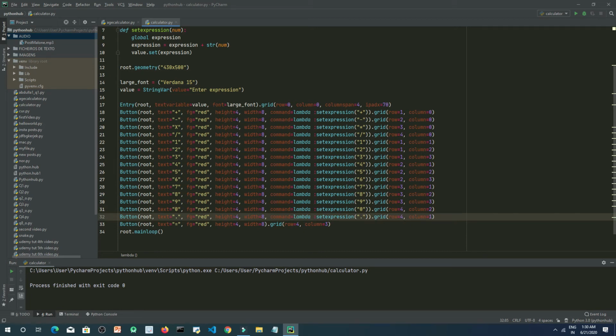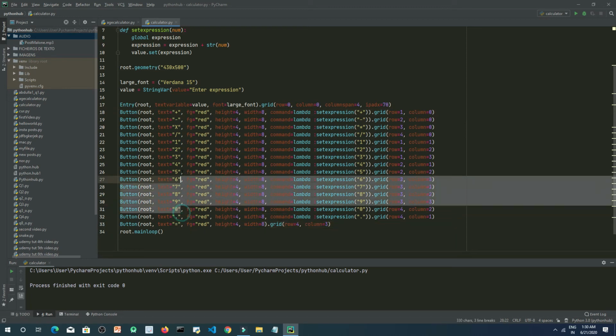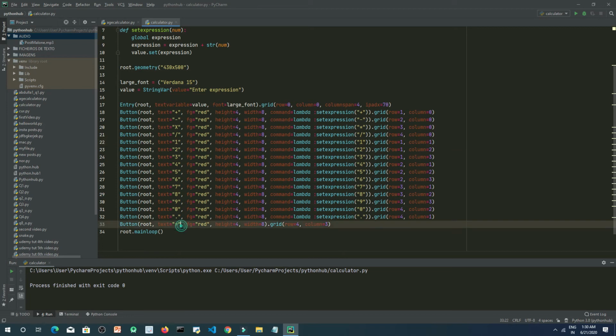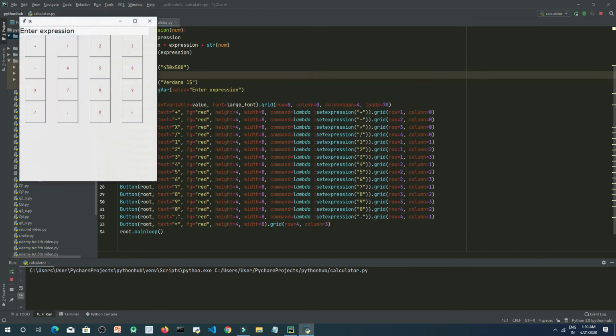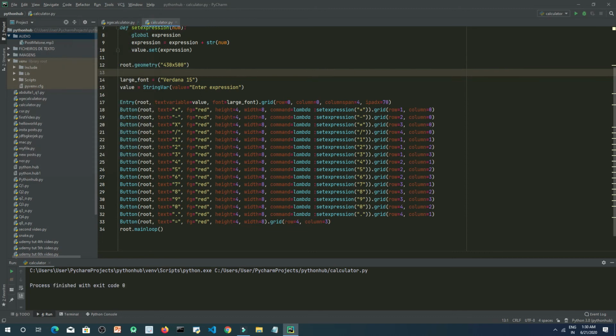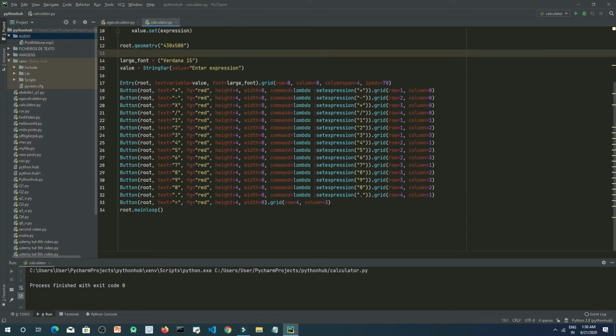Actually equals needs to be alone currently, because equal is used to evaluate the expression. Anything which we pass here and want to calculate, we will use this equal button. So let's now try to run this. As you can see, whatever we are pressing shows up, but there is nothing with the equal sign. Anything which we want to type, we can now type, but this is not working. So we will resolve it, we will give some function to this as well.